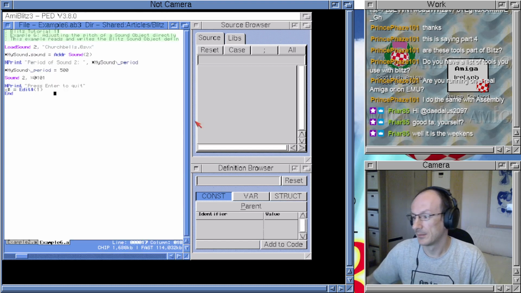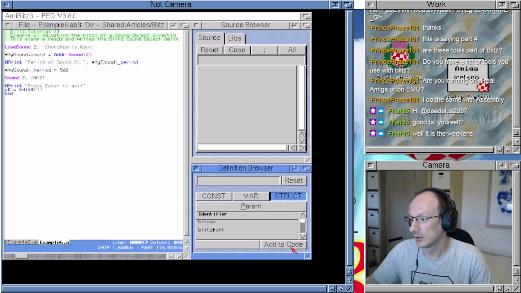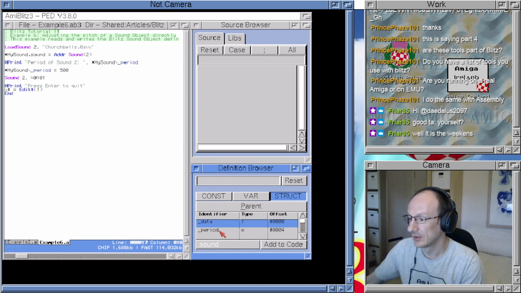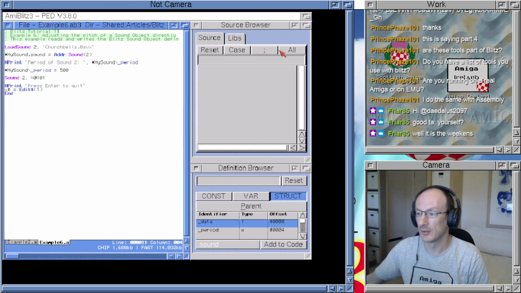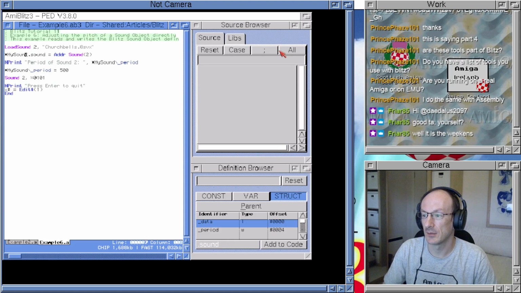But what we can do then is look at the struct here in the browser, and you can see the subfields that it has. So when you assign a pointer like here, my sound is a pointer that we've made of the sound type, and we just point that at the address of sound object 2. That's what the